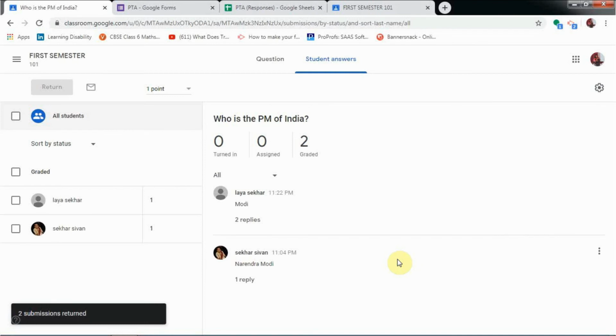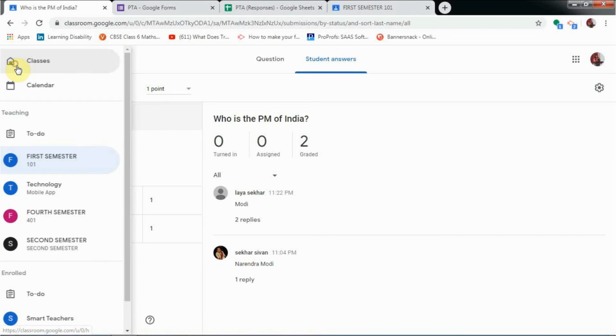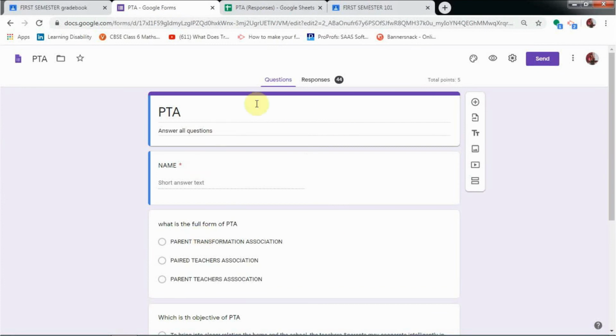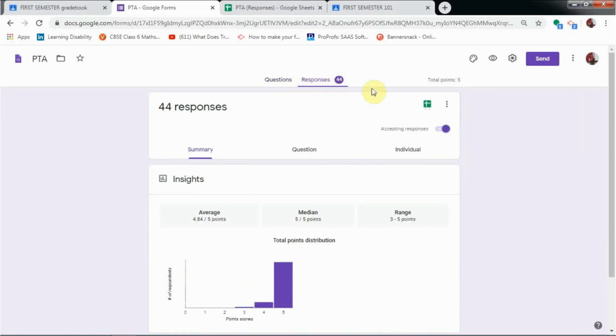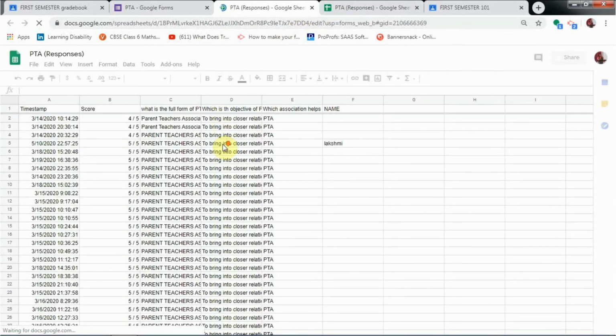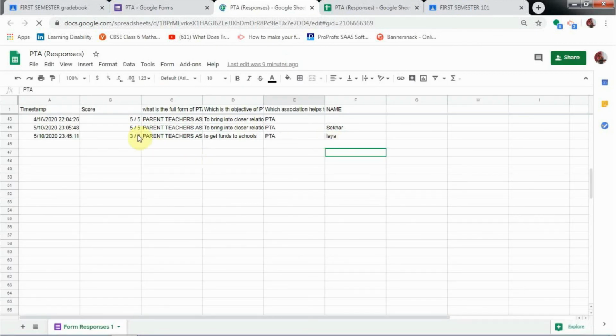Now regarding the second one, that was a quiz which was conducted using Google Forms. Therefore for that I have to switch to my Google Forms itself to see the responses. This is the Google Form, and in Google Forms I have to switch to this Responses tab, and here there's an option to view the responses in Sheets. Click on that, then your Excel file will come, and in that you can find their responses. See their name and the scores are given.